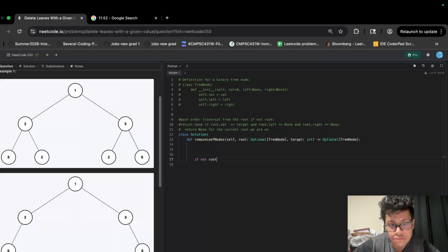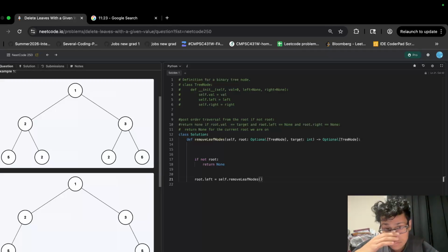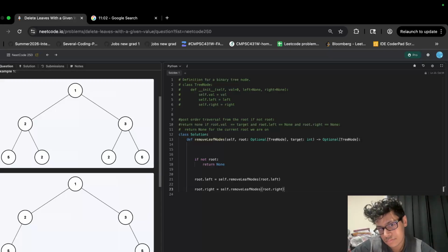If not root, return none. Root dot left equals self dot remove leaf nodes of root dot left, and then root dot right equals self dot remove leaf nodes of root dot right. And this base case,